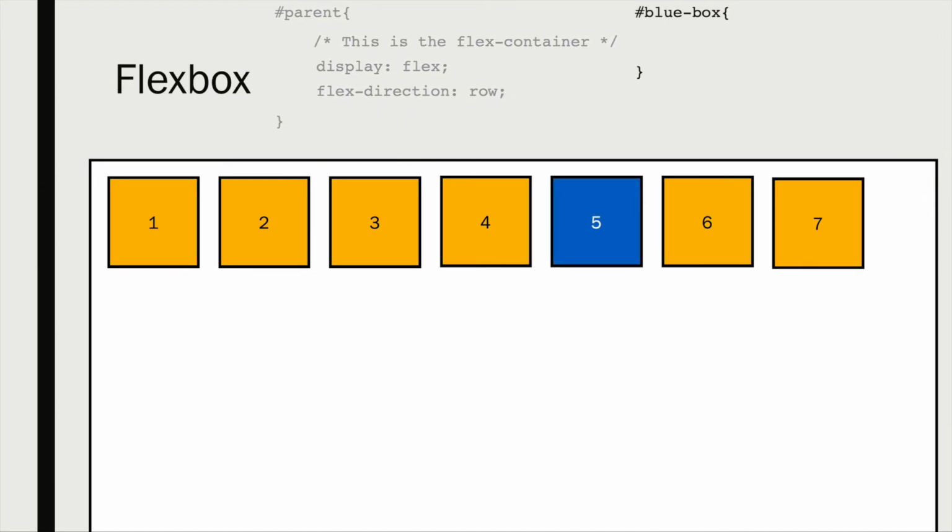But what if we want to have one specific item kind of have an overruling factor versus the rest of the elements? Let's just say this blue box, box number 5. Well, in that case, we could use the property order. And by using a numerical number, we can tell it exactly what the order is that we want the box to show up. However, by just saying order 1, it doesn't do anything because the other elements have no order, and well, the browser doesn't know what 1 is in relation to anything else because anything else doesn't have a set value. So what we can do is we can actually say,